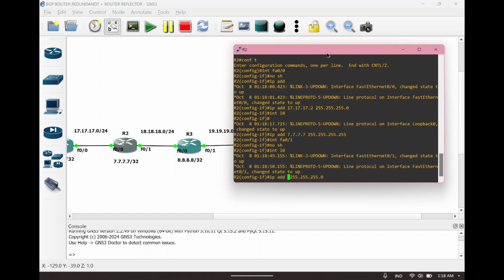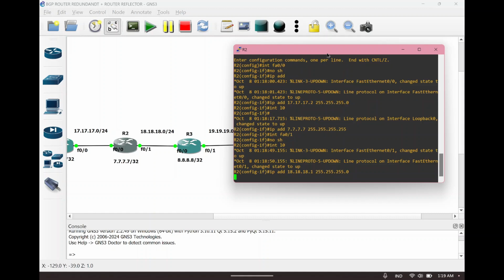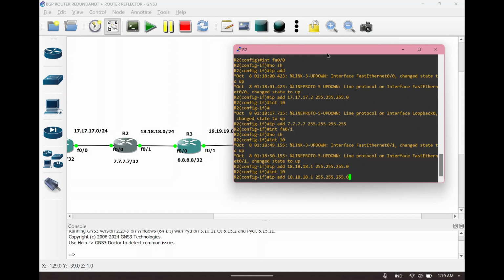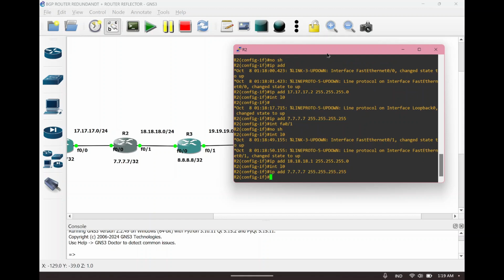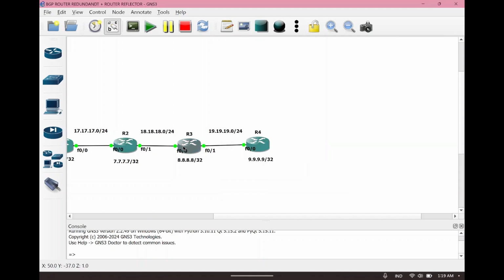So this is number 1 because it is port number 1 connecting to router number 3. Don't forget to enter the interface loopback.